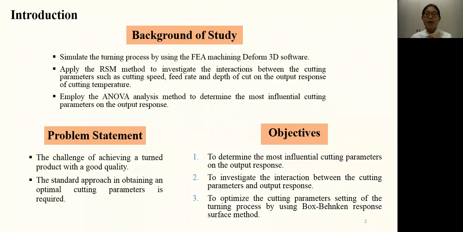Nowadays, achieving a high-quality turned product is the challenge that is faced by the manufacturing industry. So the standard approach in obtaining the optimal cutting parameters is strongly required by the manufacturing industry. And this study consists of three objectives. The first objective is to determine the most influential cutting parameters on the output response. The second objective is to investigate the interaction between the cutting parameters and the output response. And the third objective is to optimize the cutting parameter setting of the turning process by using the Box-Behnken response